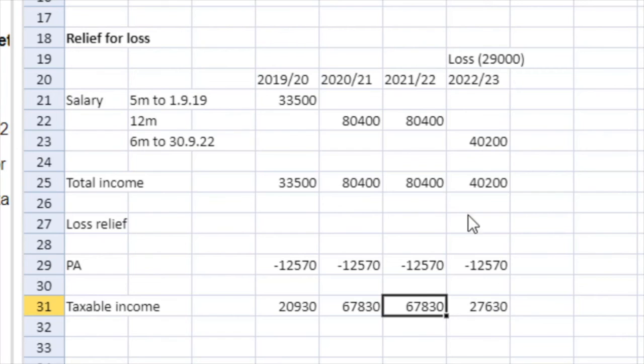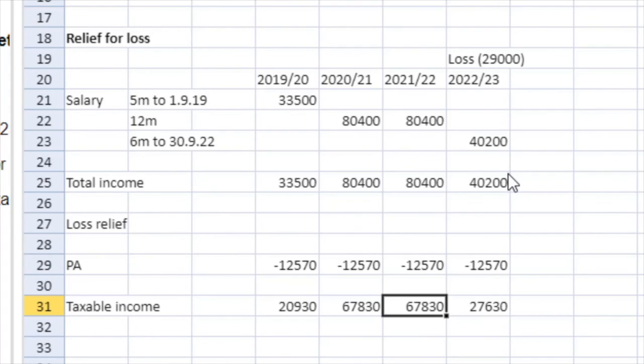If either of those claims was made, there would be no loss remaining. So in both cases, the income before the personal allowance is more than the loss. That means that there is no possibility of setting the loss against gains, because we have to make a claim against income for the tax year in question first.